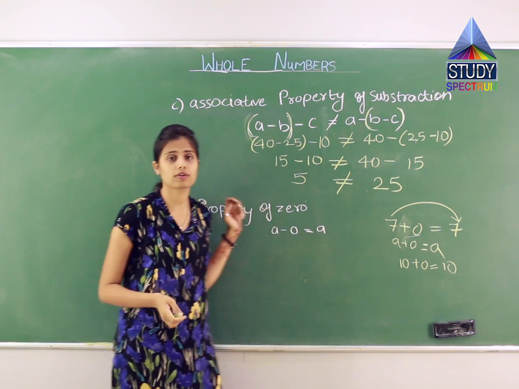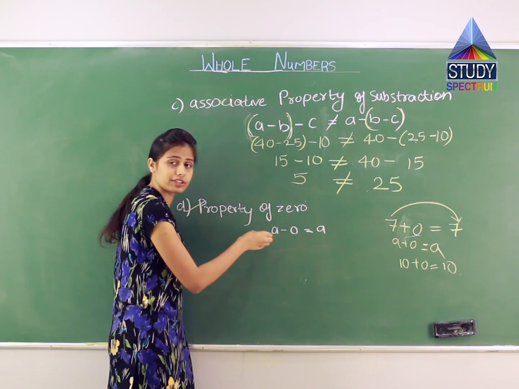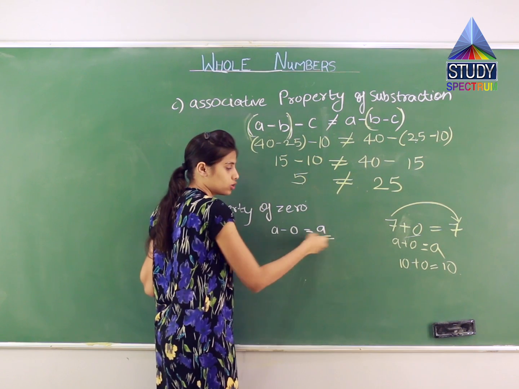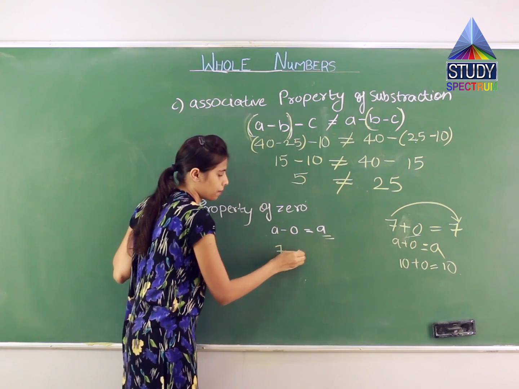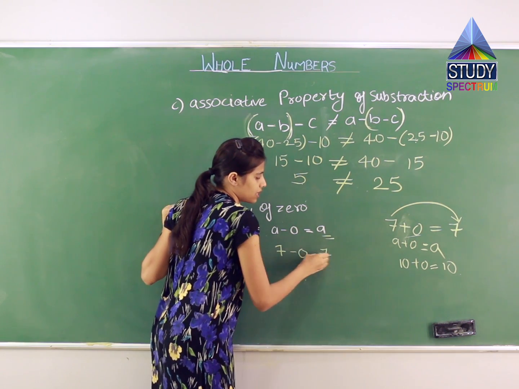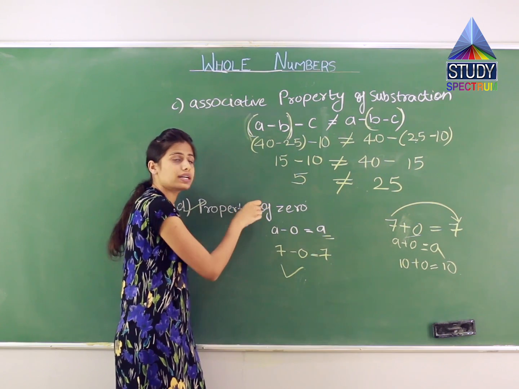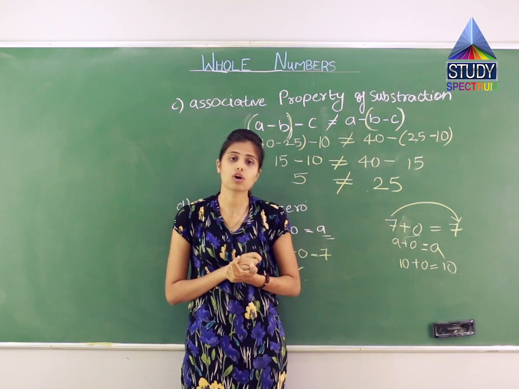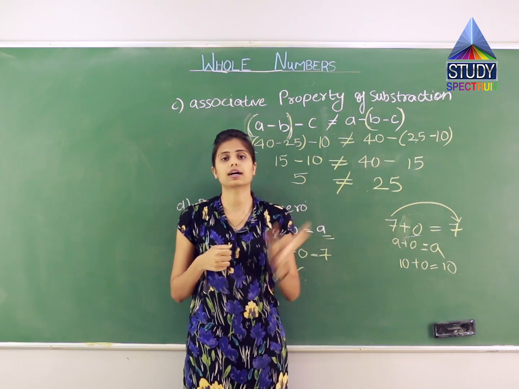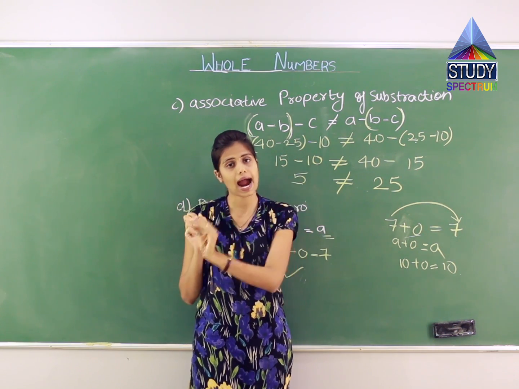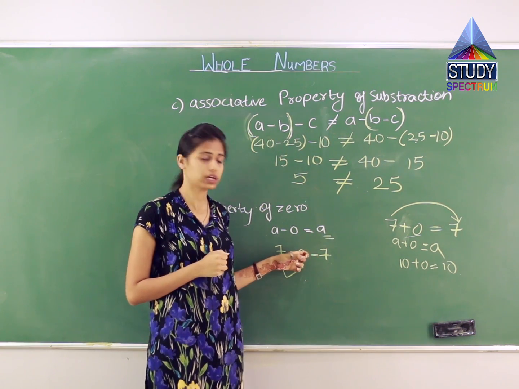Now let us check the property of 0, or the identity property of subtraction. Over here in the formula they have given A minus 0 is equal to A. Let us check. I take A as 7, so 7 minus 0 is equal to 7. Is it right? Yes. Means what? The identity property is fulfilled by subtraction also. If we subtract 0 from a whole number, the answer will be the whole number itself. That is the identity whole number. That is, if I take 0 out of our 7, the answer will be